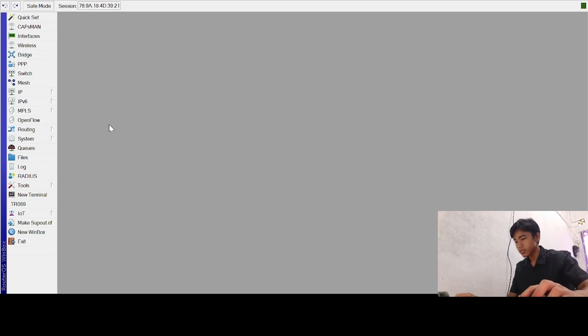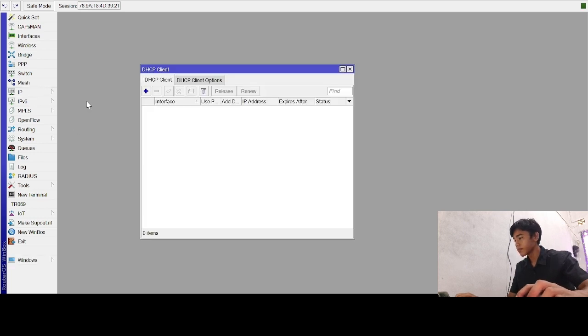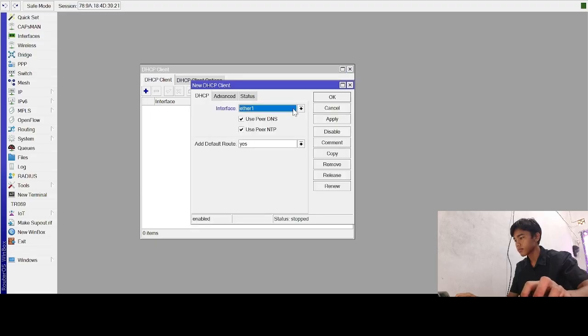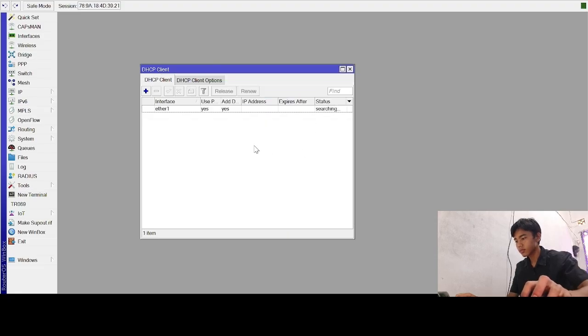Go to the IP, select the DHCP client, click add, choose Ether1. Okay. Now Ether1 is connected to the internet. Now the router is connected to the internet.